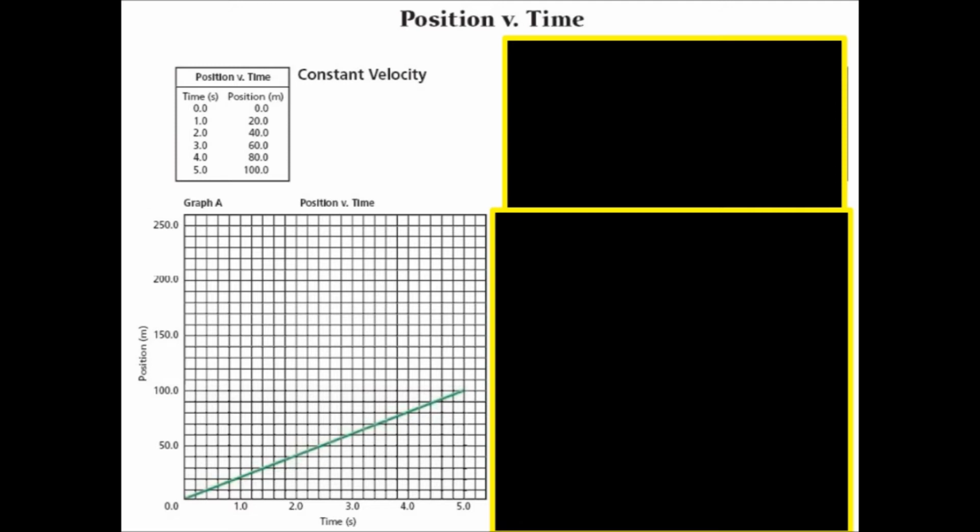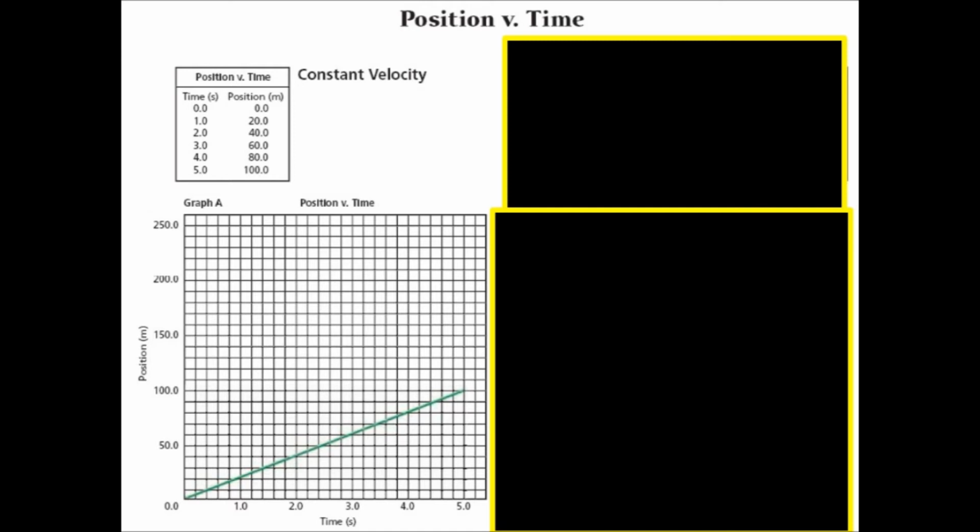You can see that it is a straight line, and the reason it's a straight line is because the change in position relative to time is constant. Look at the slope. The slope is linear,